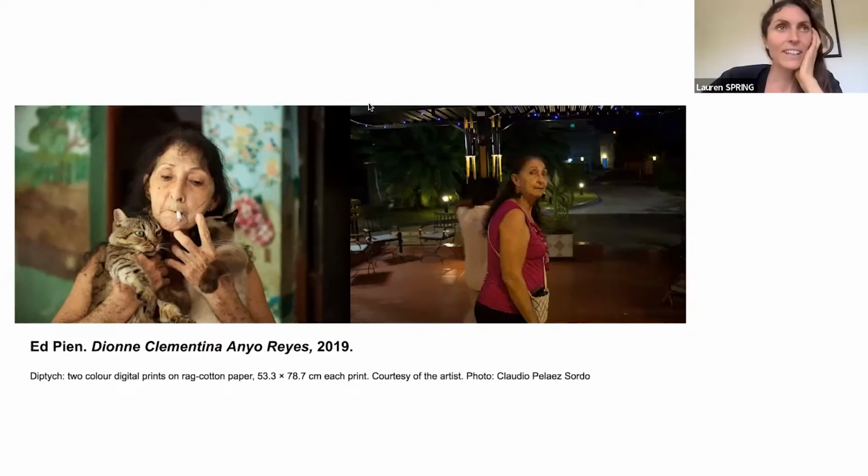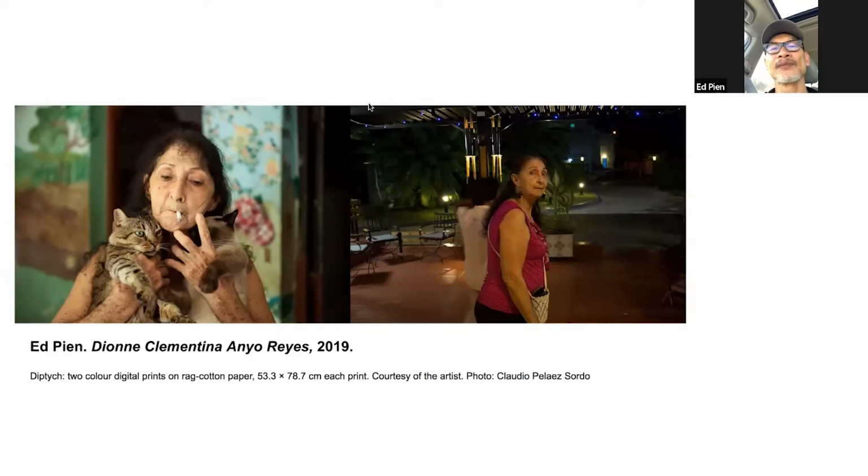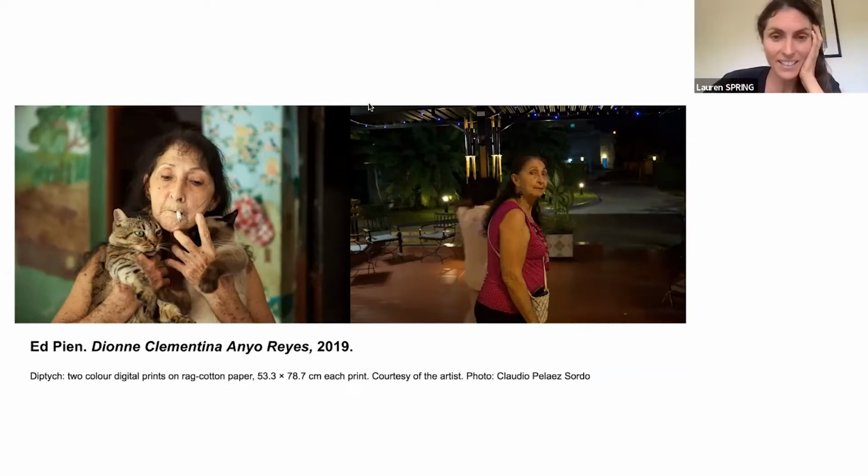Well, and I think that's a key point too, Ed, that this project is based in a particular place. Certainly it would have been easier for you to do a similar project, say with folks in Montreal or somewhere where you could easily get to every couple of weeks and a month. That's right. And didn't require translation and other things. How did you decide to focus on this community?